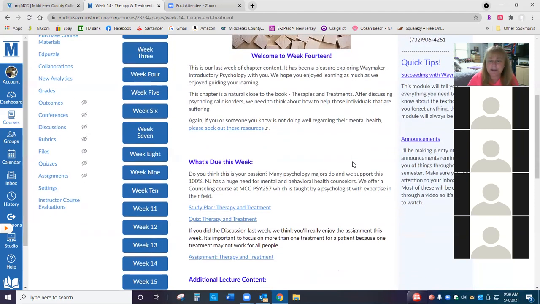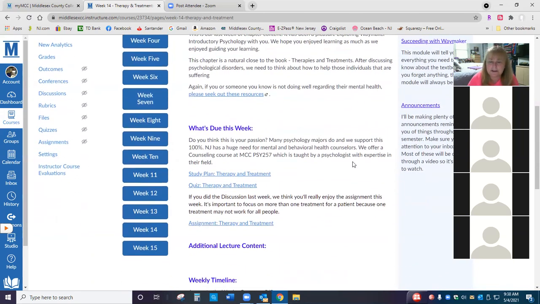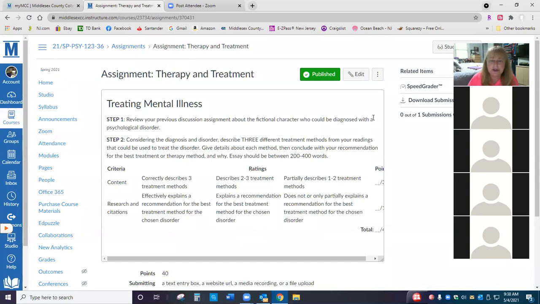So this week, in this class, we're going to talk about the different therapies that exist. And then your assignment is based on your discussion from last week. Last week, the majority of you did it in completion, but a lot of you did not complete all 4 steps. You write a great initial post, and then you don't go back, you don't write on people's posts, and you don't write on your own post. I'm not sure why, but we need you to complete these.